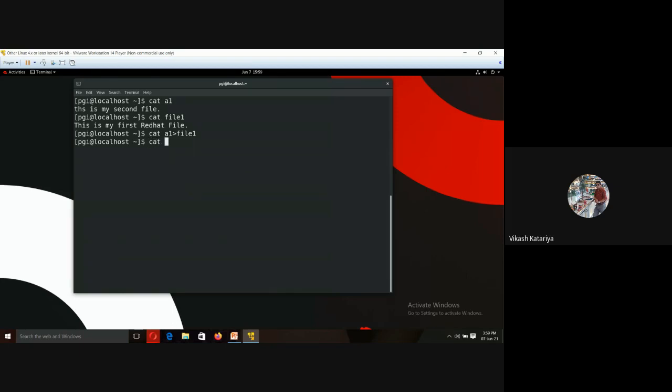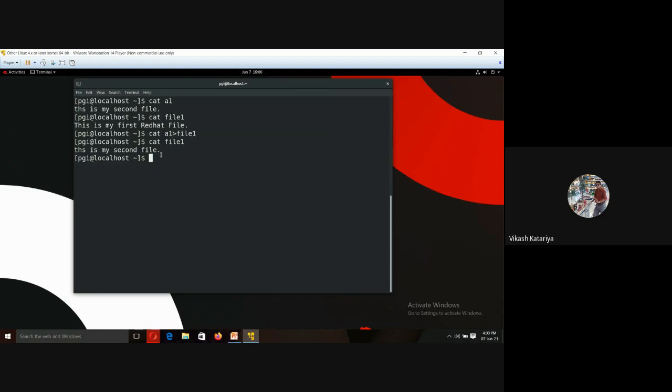Now, if we see the content of file 1, what you will see is the content of file A1. This is my second line. And if we print the content of file 1, the same content will be there. That means the existing content was deleted from file 1 and the new content, that is the content of A1, was redirected into file 1.